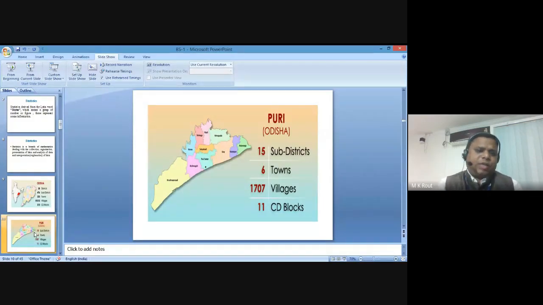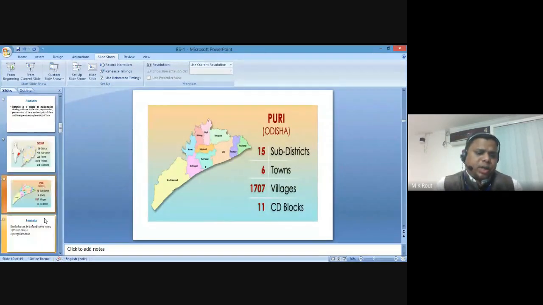It is easy to implement any kind of rules, regulations, or policy for the people, and that is why statistics play a vital role in our day-to-day life. For example, if you take the next one,